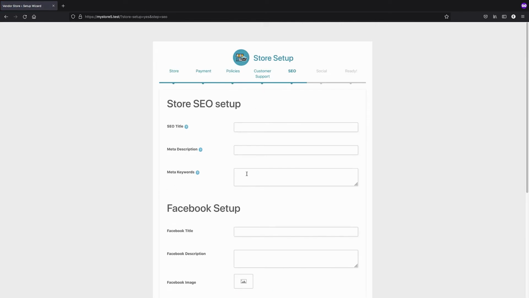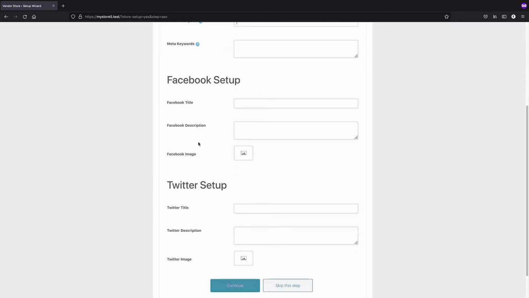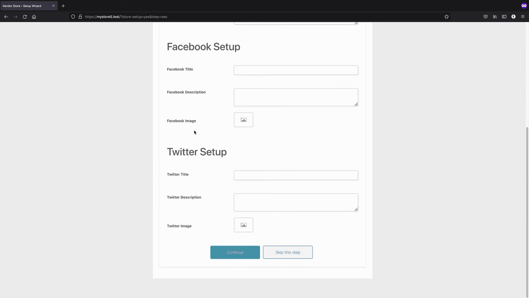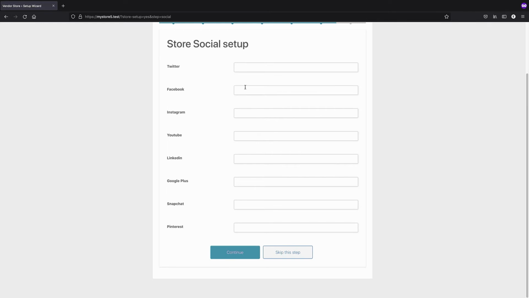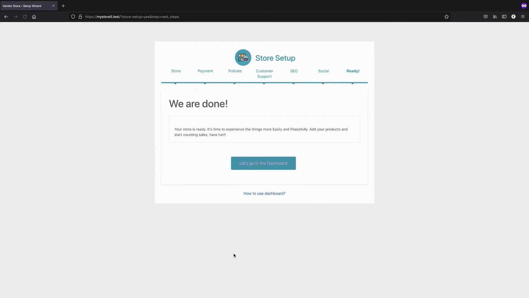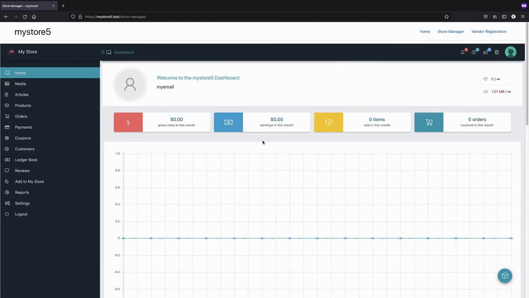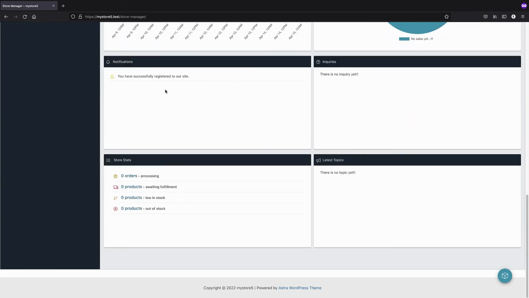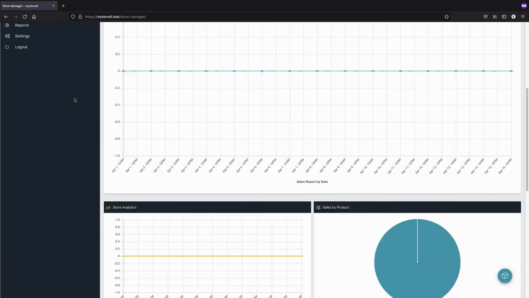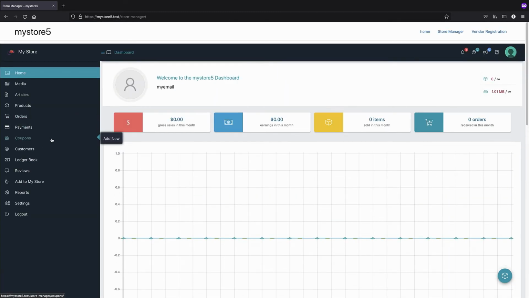So they can set up meta keywords or meta description or SEO title for their shop page. They can also link their Facebook account or Twitter account. Super cool. And also some other social setup. And they're just done. So they can just hit the let's go to the dashboard icon, they have this logo there, super beautiful, and they get a very similar dashboard to yours, but of course with much more limited options. So if they bring up settings,